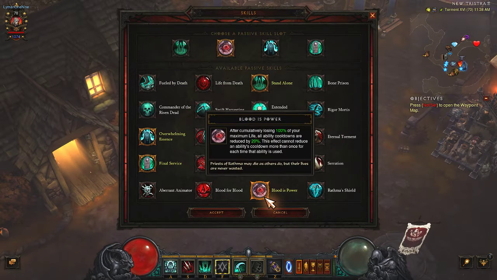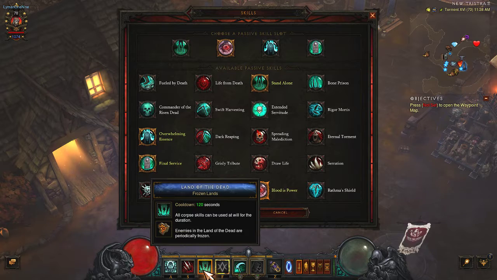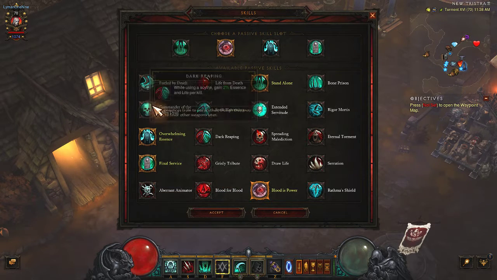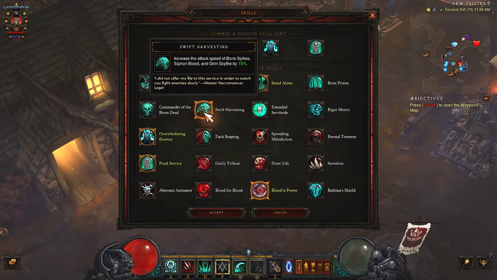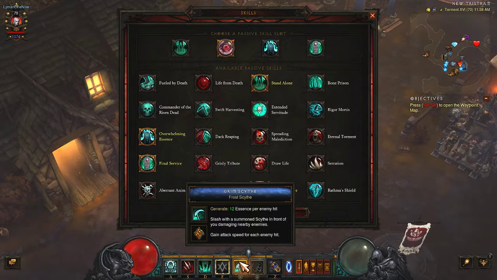So I gave this up and I activated this. This basically cuts down the cooldown time of this by 20%, which means I can use this a little bit more often. I was going with this one occasionally too. This gives me a pretty good movement speed, but it's not really all that much because it only lasts for 5 seconds. So sometimes I was using this one to give my Grim Sith an extra